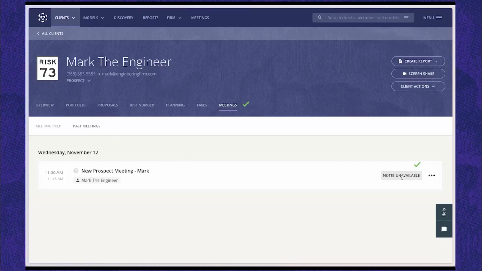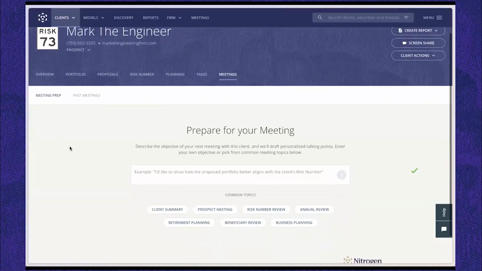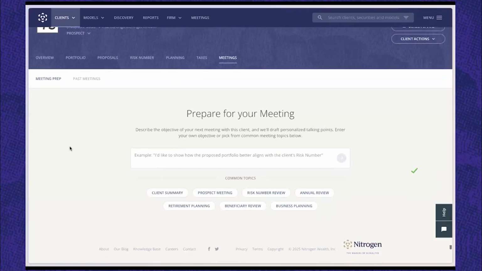Now, for us here today, we don't have any notes available for Mark, but all you would have to do is click on the notes button here, and you would be able to view the entire notes from that meeting. Now, like I said before, this is not just an AI note taker tool. This goes way beyond it. This is a tool that helps you both capture notes, but helps you draft and create preparation for your future